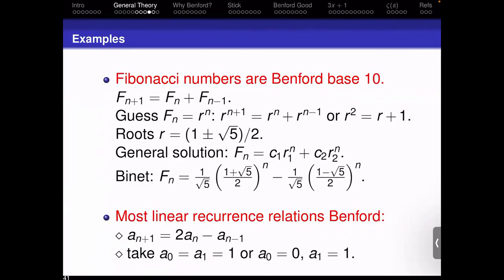If I take a_0 equals a_1 equals 1, I'll just get every integer in the sequence is 1. If I take a_0 equals 0 and a_1 equals 1, I just get 0, 1, 2, 3, 4, 5, 6. And so what's going on here is if you look at the characteristic polynomial associated to the recurrence relation, you have a double root of 1. And that's why you're not going to get Benfordness. But for all the others, if the largest root is such that you're going to be exponentially growing or exponentially decaying, something like that, it's not going to be 1, then as long as this is not a rational root of 10, you will have Benfordness.